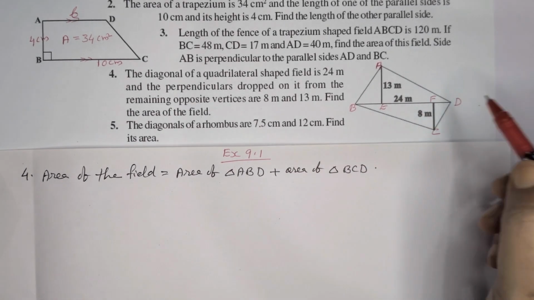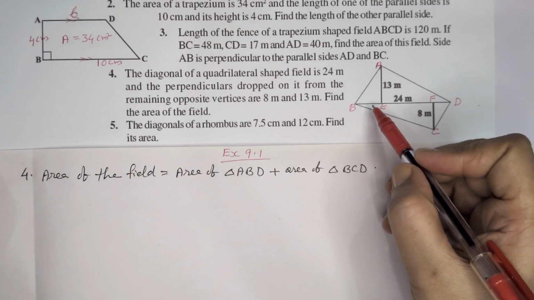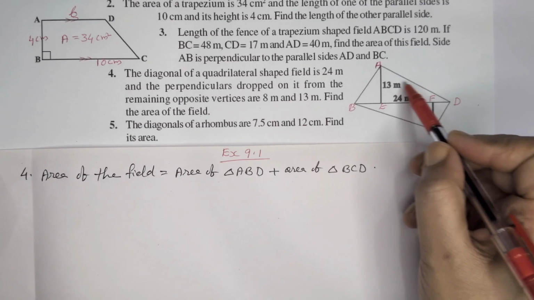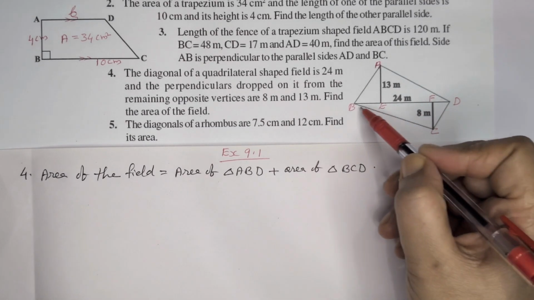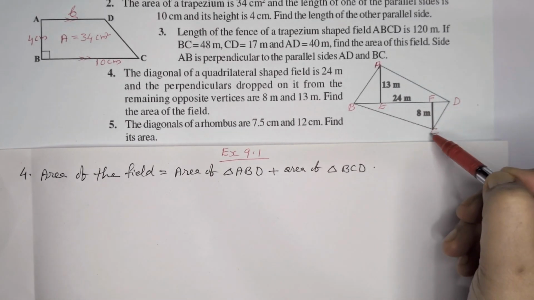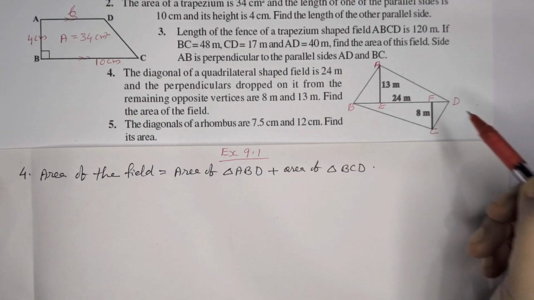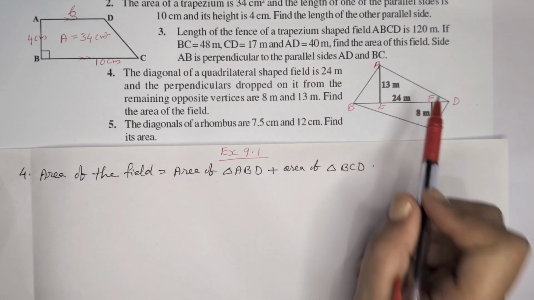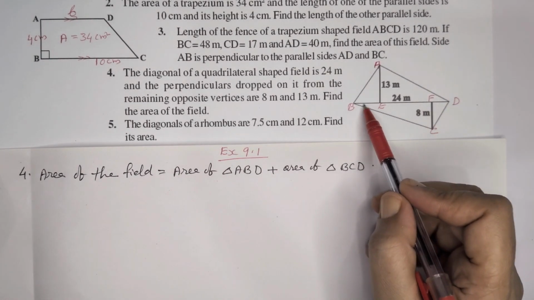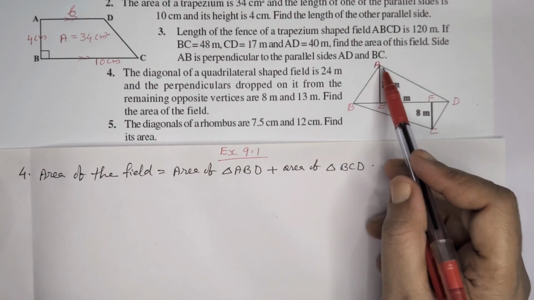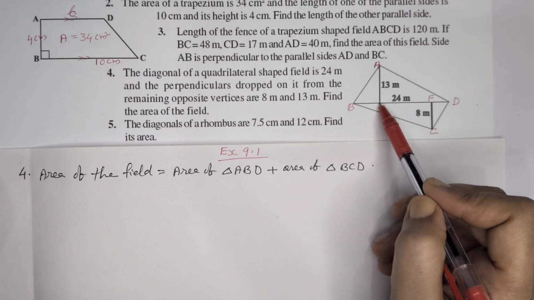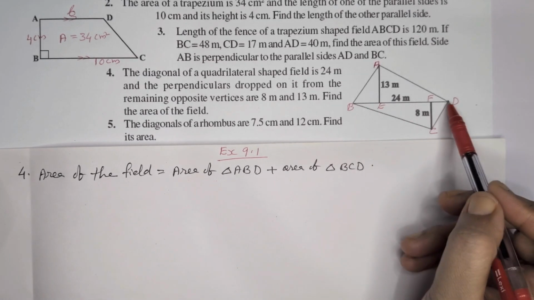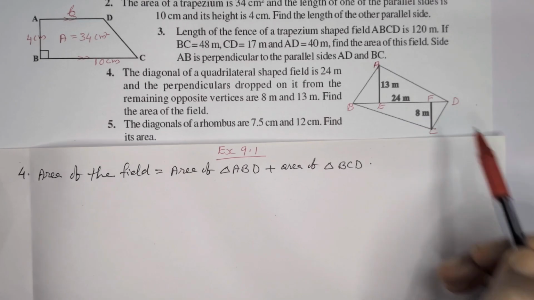Now in this field, it's a quadrilateral. We can find two triangles. Triangle ABD, the top triangle, and down also the same way, diagonal as the base, triangle BCD. So if we are considering this as two triangles, we know that area of a triangle is equal to half BH. So base is BD and in this triangle height is 13 meter. Same way in this triangle base is BD same and height it will come 8 meter.